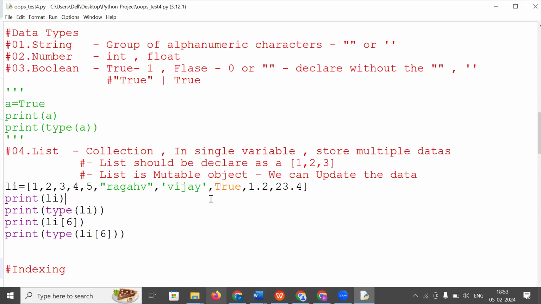Now length means the count starts with 1. Total length is 10. So of course we know every time we can't count it 1, 2, 3 like that. For that perspective, Python provides a function, len. It means length. It is used to